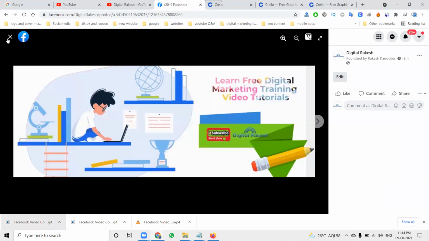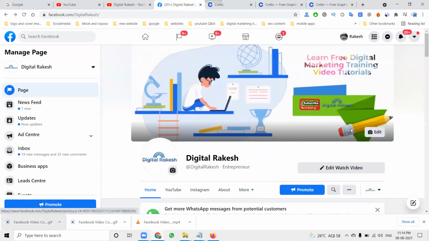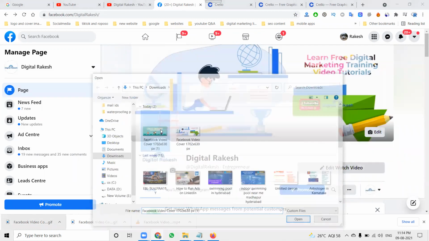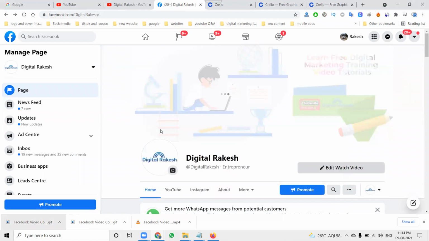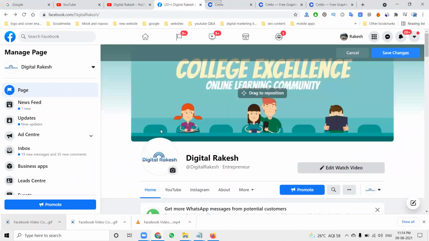They also play here, but what is the reason? I can check it out. Upload another image just for checking purposes. So here, once uploaded, they will change the options.